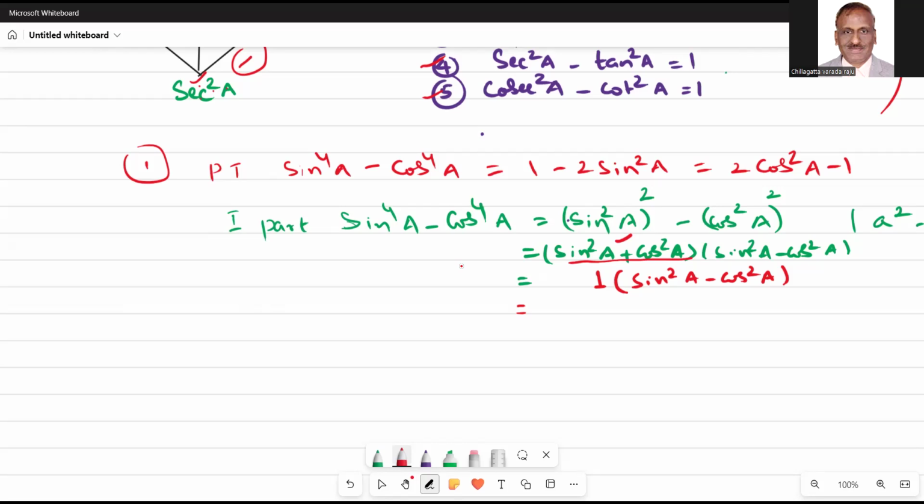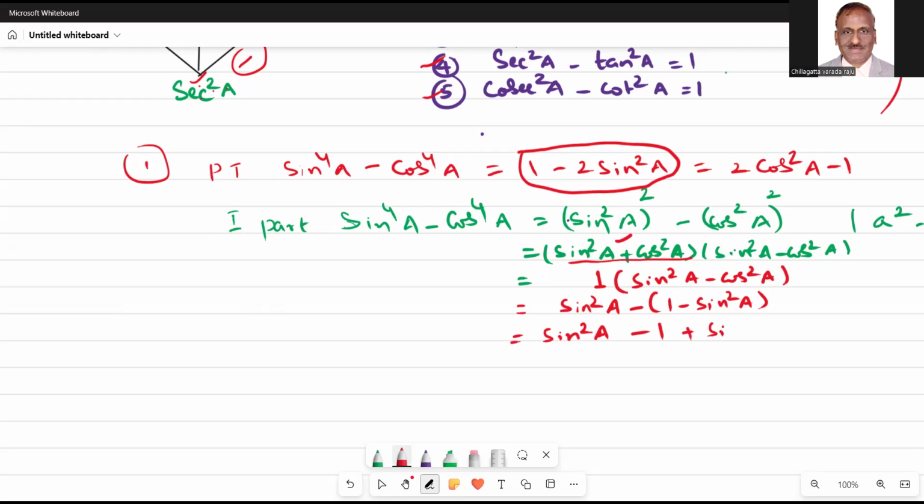So what will we do here? In the second part, what you are supposed to get is 1 minus 2 sine square a. That means we don't require the cos square a term. So cos square a shall be replaced by 1 minus sine square a. Sine square a minus cos square a can be written as sine square a minus 1 minus sine square a, which is equal to sine square a minus 1, and minus of minus will become plus sine square a. So sine square a plus sine square a is equal to 2 sine square a